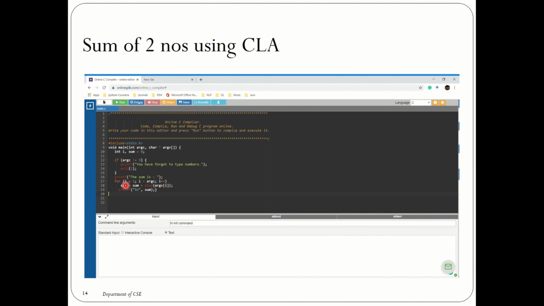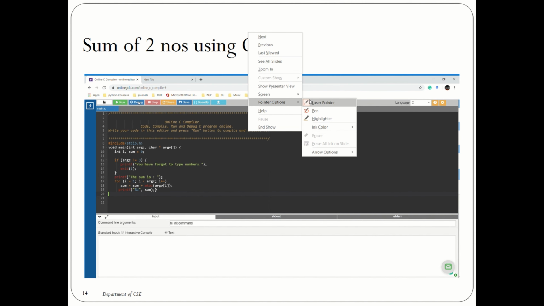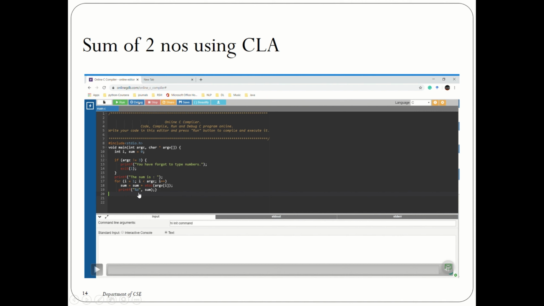Otherwise, you again have a for loop. In that for loop, you have sum plus atoi. This is the main thing which I told you. If the arguments which you have passed have to be taken as numerical values, then you have to explicitly convert them with the help of atoi, a string to integer conversion. The first argument will be converted, then the second argument, and it will do a summation here. This is the main step you need to understand. By default the value will be taken as a string, so that has to be explicitly converted by the user according to the application. That is the main thing which you have to understand.